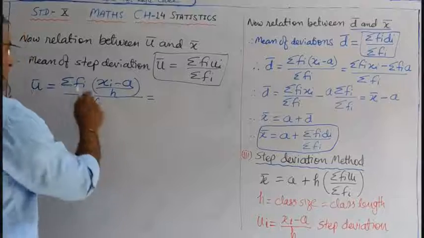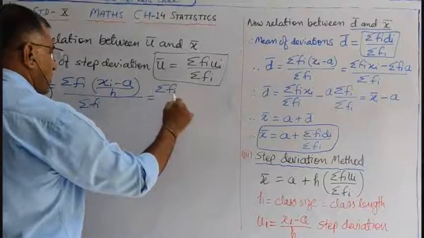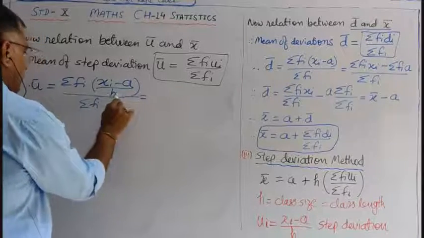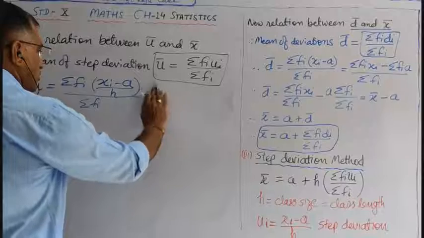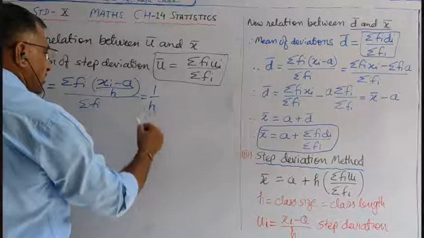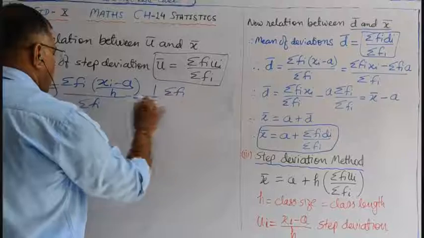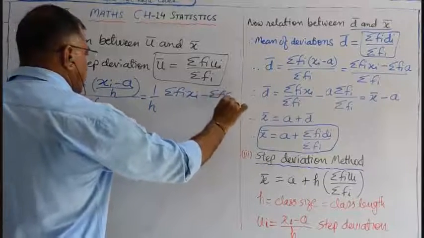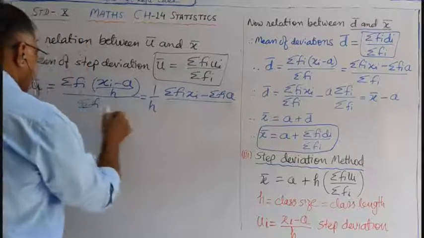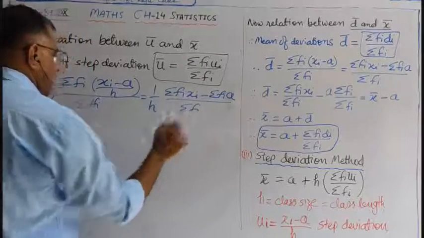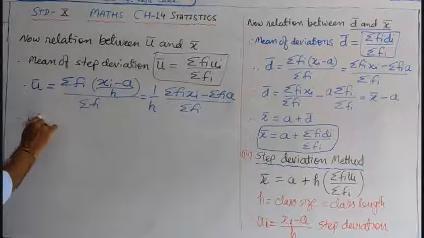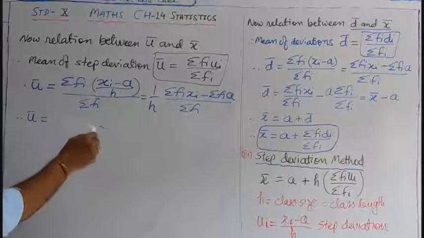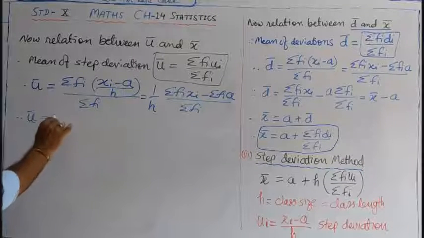So now what we will get on removing the bracket? Sigma fi, first of all here height. So we will get h, 1 by h common. Here denominator is h. So 1 by h common, that is we can write like this, sigma fi xi minus sigma fi multiplied by a, whole divided by sigma fi. So now therefore we will get 1 by h common here. Is it clear? 1 by h will take common here,